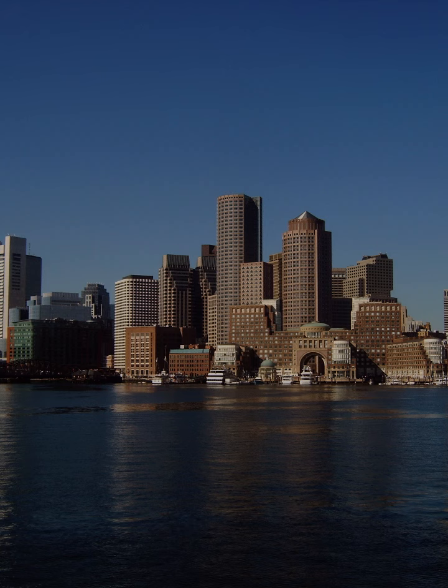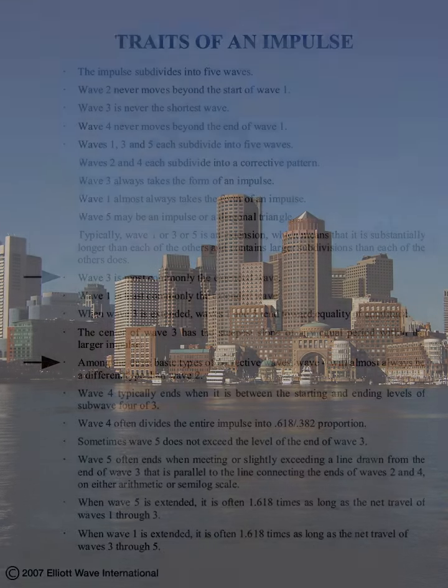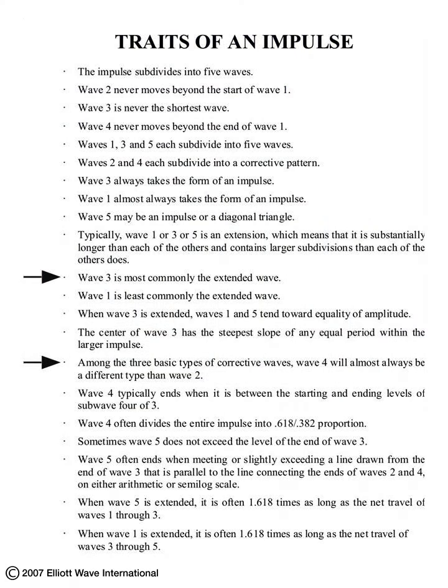Now, it's not quite as simple as that diagram, much as a tree is not as simple as a bunch of aluminum rods. Trees have a lot of quantitative variability in the way that they can grow and the way the branches can spread out. You couldn't necessarily predict every movement of a tree as it grows, but you could get a general impression and a general forecast of what it'll look like when it's done. Elliott had to describe what waves look like, and in doing so he came up with a lot of rules and guidelines as to the way that you can identify what we're now calling an Elliott wave.